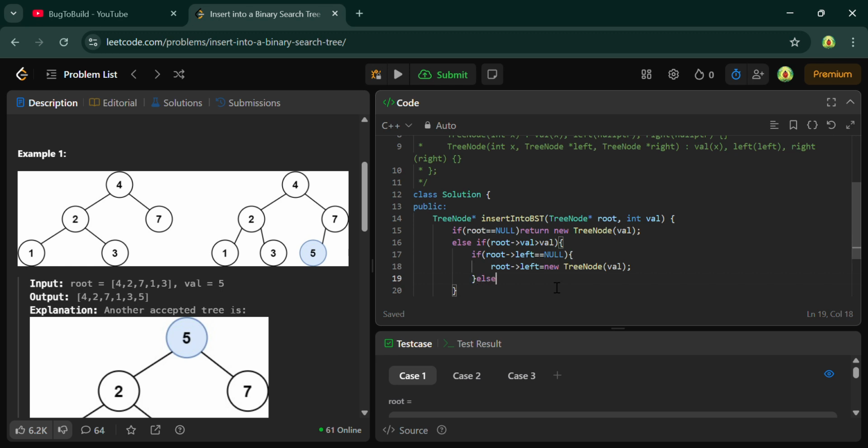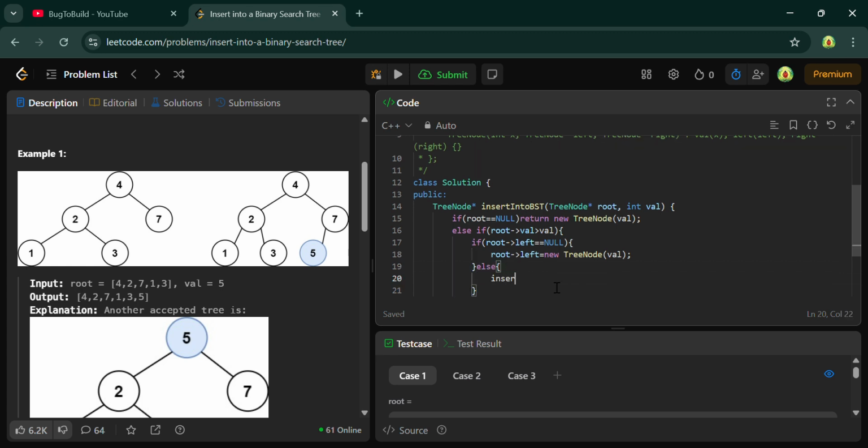Else, you just have to call the insert into BST function, passing root's left and val.